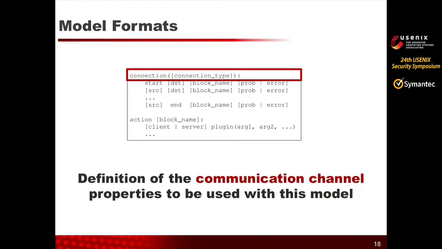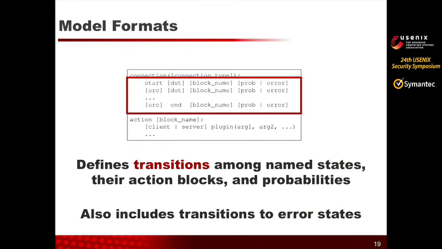So just to briefly walk through here, this first line more or less is just helping us set up the properties of that channel that I had talked about, that logical channel. So whether or not it should be expected to be a reliable TCP connection or a UDP connection or any number of other connection-related properties. Then we move on to actually defining the structure of the model itself, which is basically just defined by